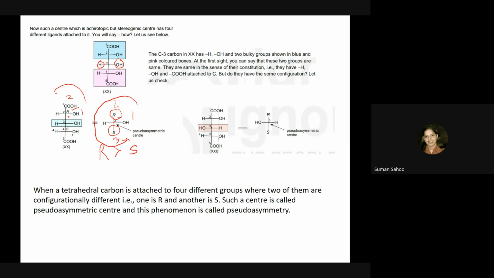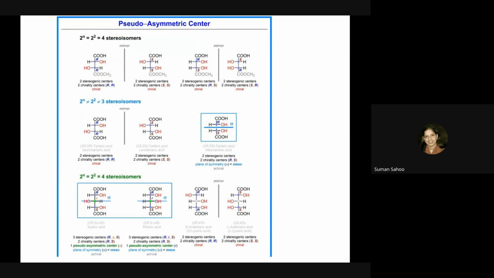So it is going to be just the opposite, that is clockwise. So that would be designated as small r. And in this case, this one would be designated as small s. Because this is not a chiral center, this is a stereogenic center, we have a plane of symmetry there, so we just designate it as a small r, and its other isomer, the diastereomer, would be designated as small s. So there are many pseudo asymmetric centers, we can just check here.